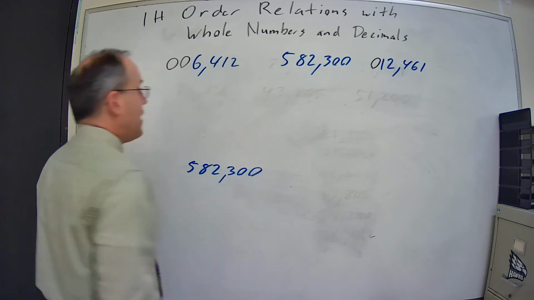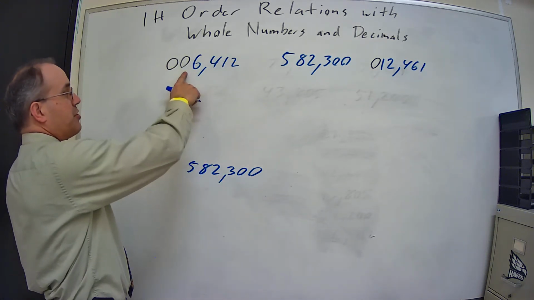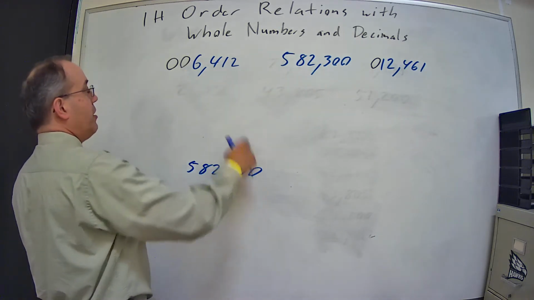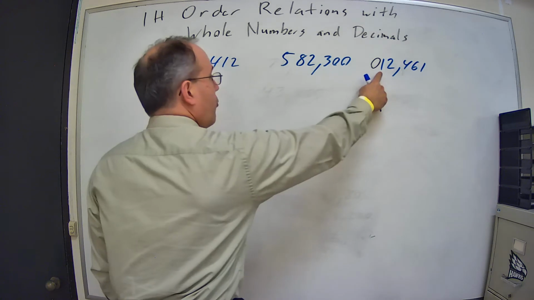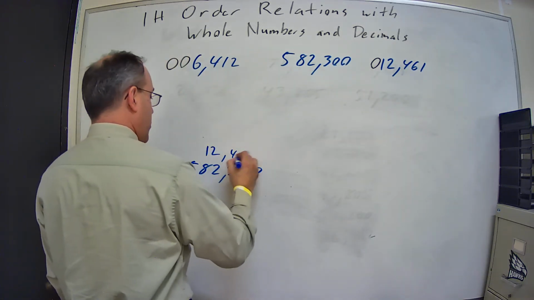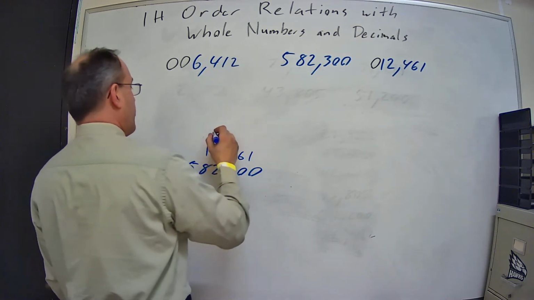582,300. That's my largest number. Then I go to the 10,000s place. I have a 0. I haven't, well, it doesn't matter. I've already got that one written down. So I've got a 0 or I've got a 1. 1 is higher, so 12,461. And then the only thing left over is